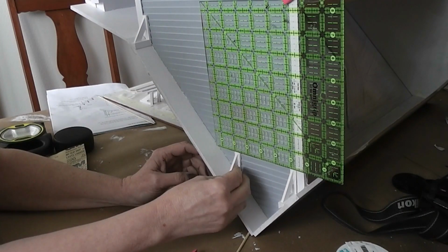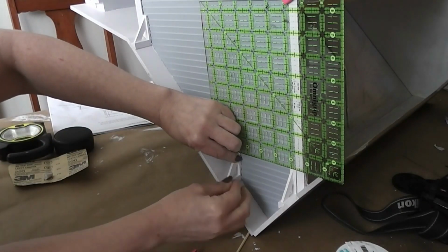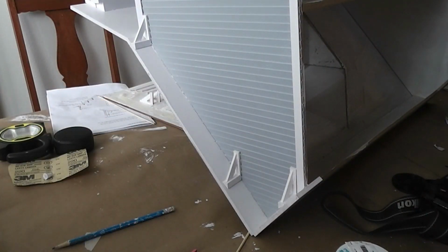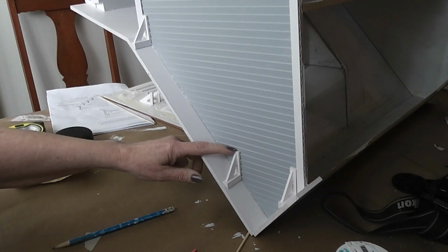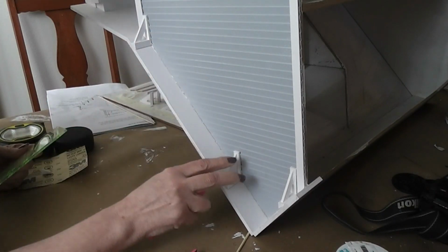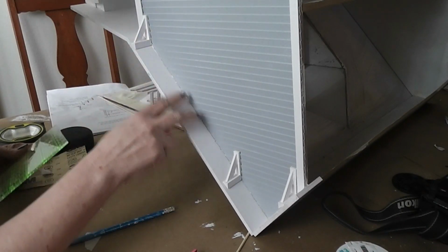And I find it is best to, after we get this one put in place, make sure that's where it belongs. Take this down and make sure that it is sitting straight. Make sure that this edge is parallel to this edge. And now I'm going to let this one sit up too, because we need to use this piece and